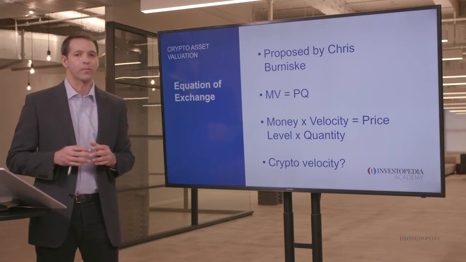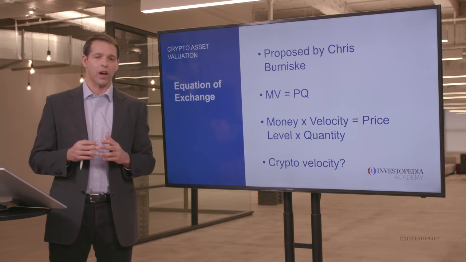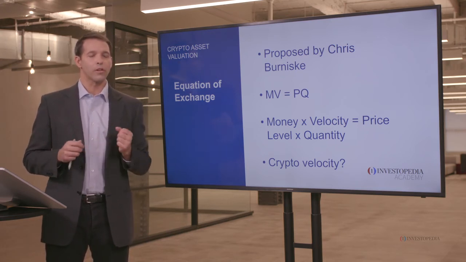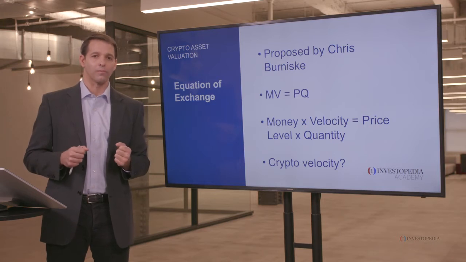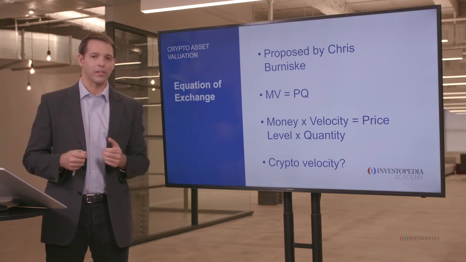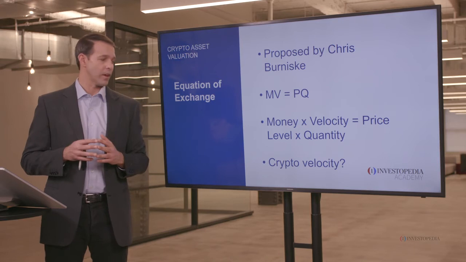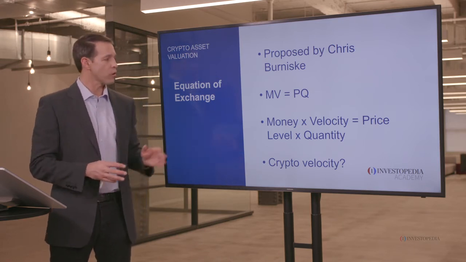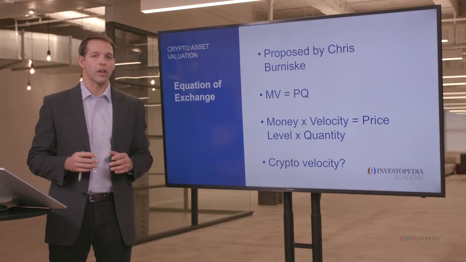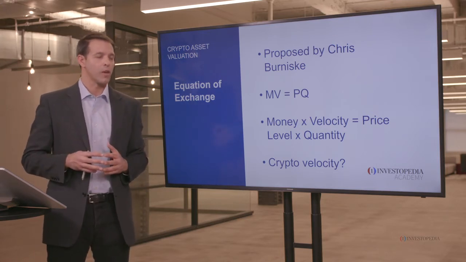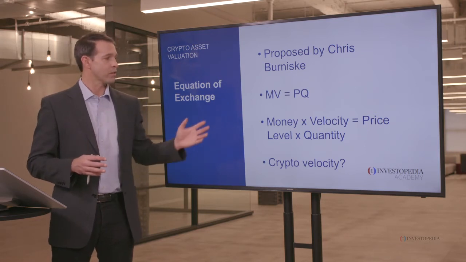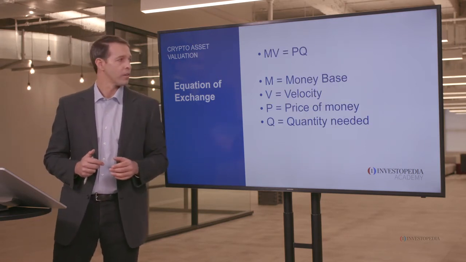Let me explain. In the US markets with the US dollar, we have a velocity of a little over 5. Now we know in the US markets with the dollar, you can't spend it as quickly as you can spend things online in the digital space. So crypto velocity is widely debated, and in order to understand this equation of exchange, you have to make some pretty big assumptions. But let me walk you through this to see how it could possibly be something that values how much a crypto asset is worth.